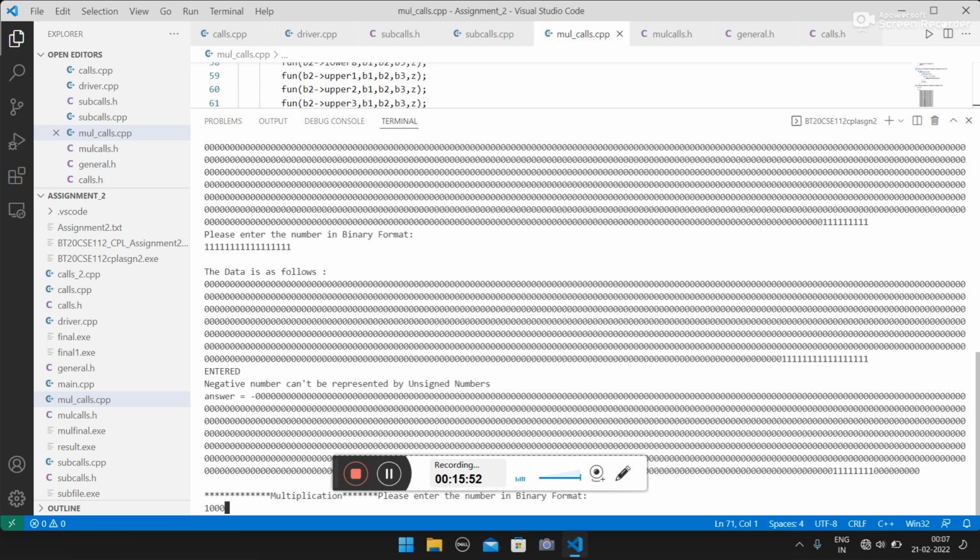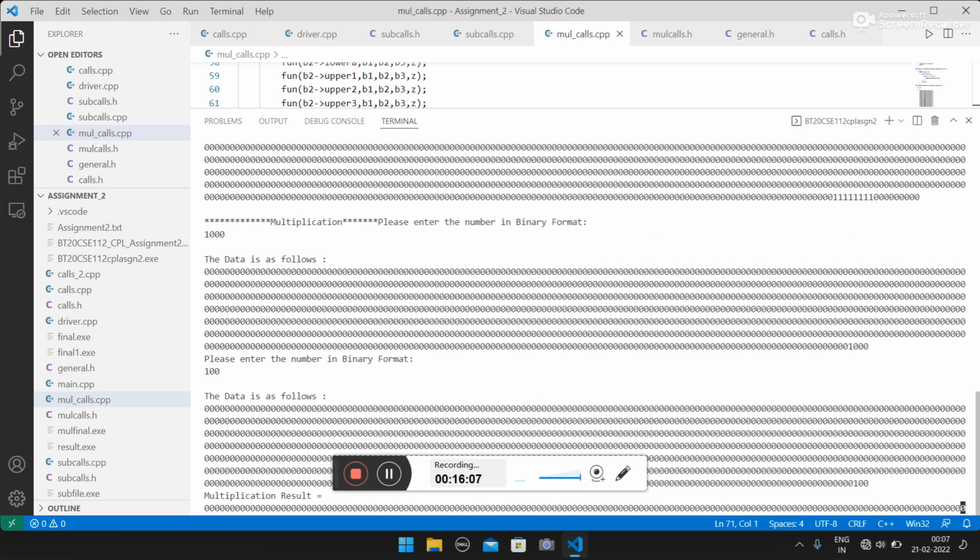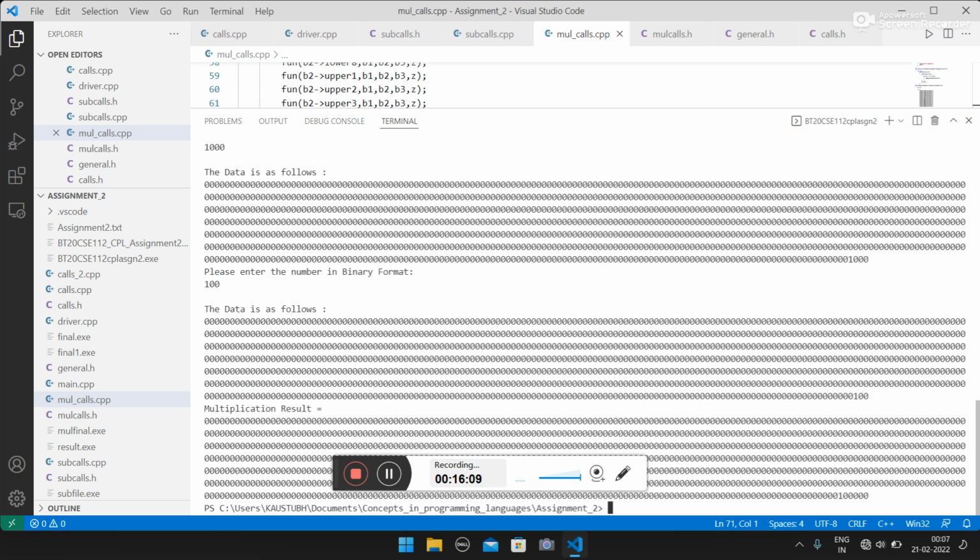For small numbers it will be fast, but for a large number, as the additions will be more, it will be very slow. So 8 multiplied by 4, let's check. 8 multiplied by 4 will come to 32, as we can see here. One is added repeatedly.